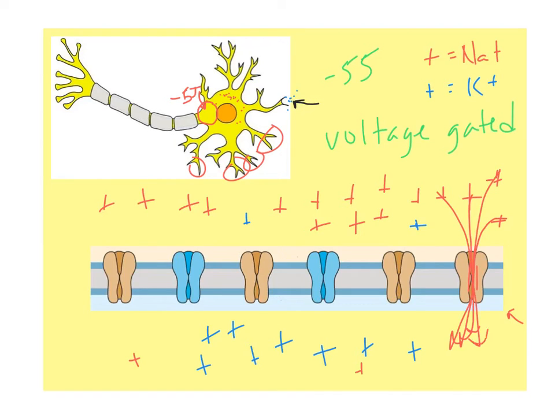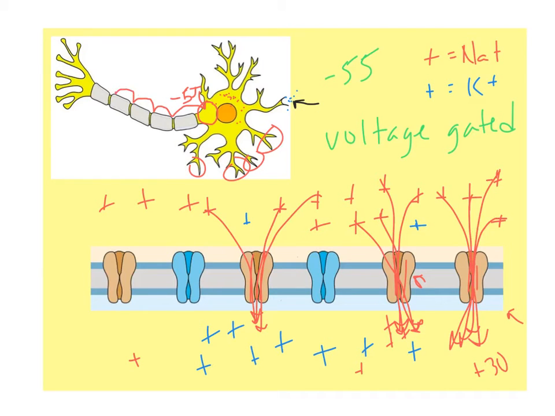And that's going to make it switch from its negative 70 resting potential all the way up to positive 30. Well, that positive 30 is now going to cause this guy right here, right next to him, to open up. That's going to cause more sodium ions to rush in, and it goes down the line. So the sodium coming in right here is going to cause its next neighbor to open up, which causes more sodium to rush into the neuron. And that's how the action potential propagates all the way down the axon. It's just one after the other. One sodium channel opens, which causes the next sodium channel to open, and it does that all the way down